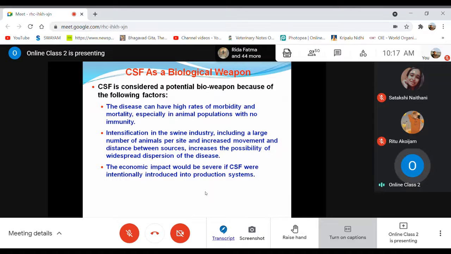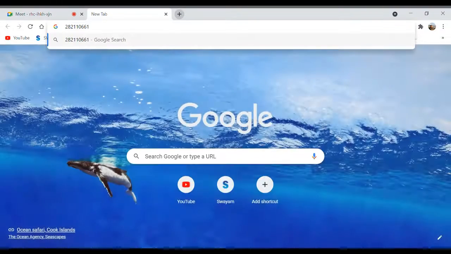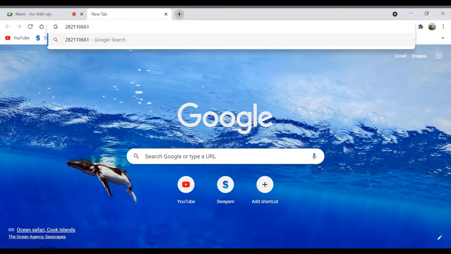Okay, that means by using this organism, some country may utilize it as a biological weapon for a kind of war against other countries, right? So this classical swine fever virus, or this disease, can also be utilized as a biological weapon. Okay, so how can it be? The disease has high rates of morbidity and mortality,